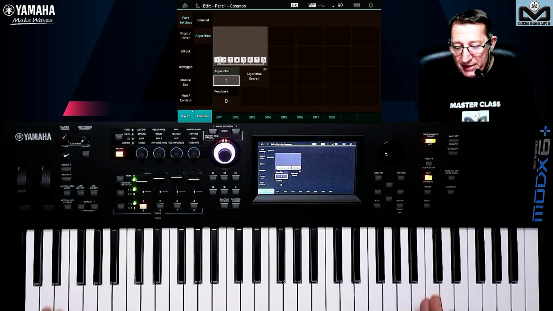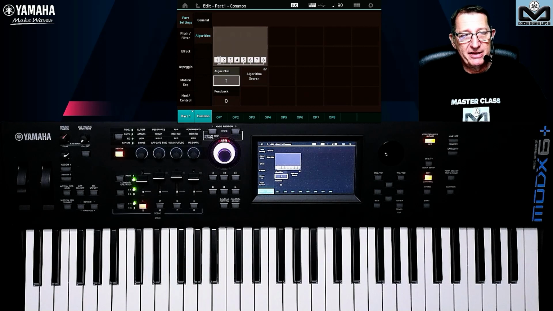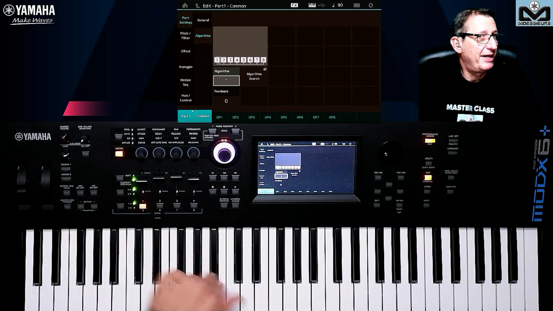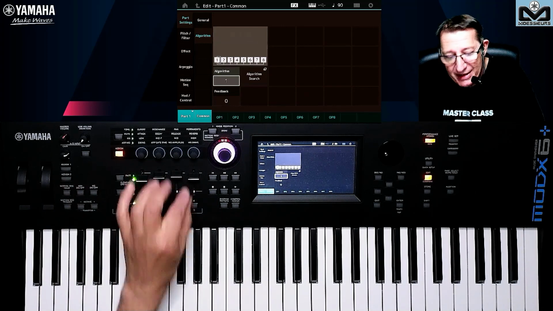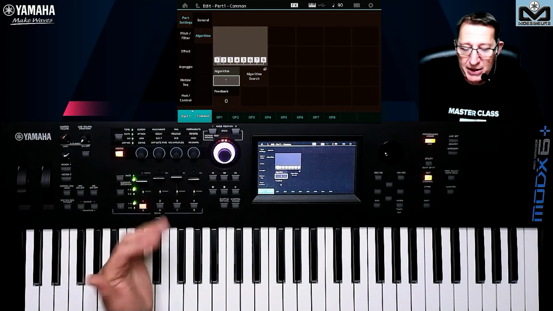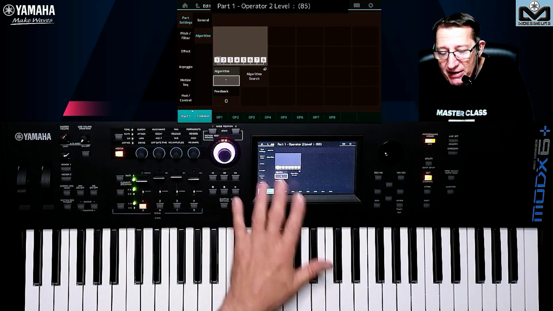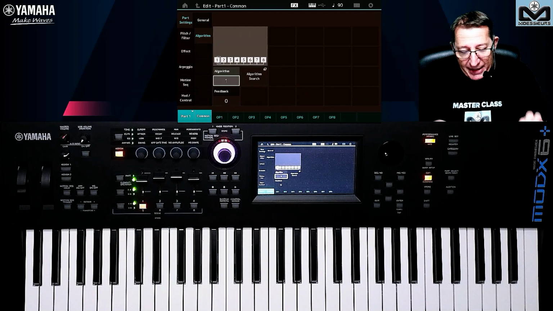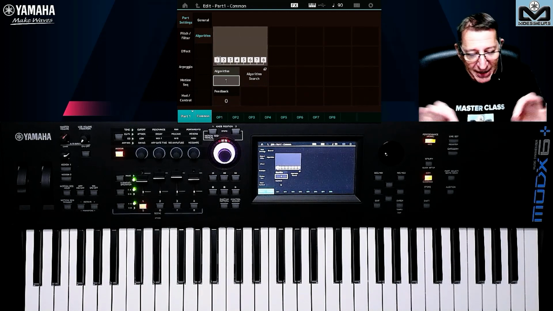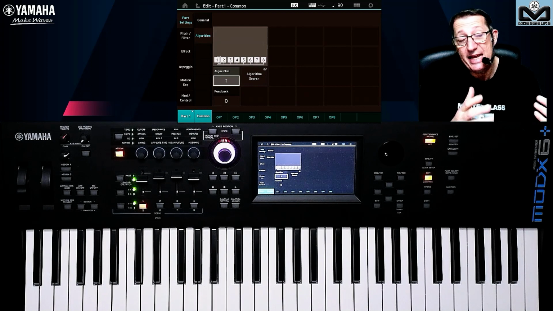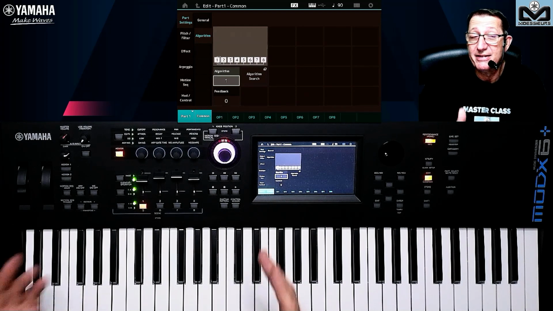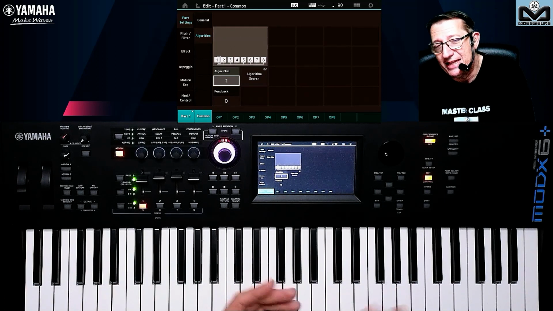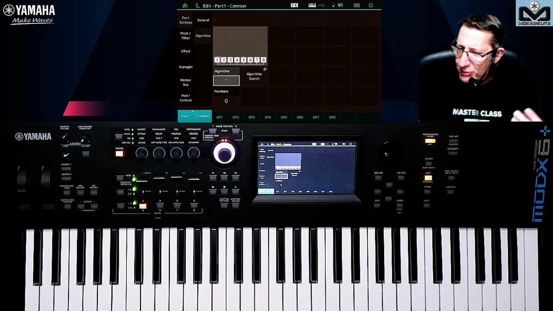So algorithm one is all carriers. It's like if I was on Montage, I would have 8 drawbars in reverse way, because here this is the maximum and the minimum, and the drawbars work in the opposite direction. But it can be very good for organ sounds like this, because you have 8 parts that you can modulate in different ways with some frequencies, and have like the elements of the 9 drawbars that you have on the electronic transistor organ. So you need 2 parts to modulate the 9, if you want to modulate also the percussion and the other things, but you can do it. You can do it with FMX.